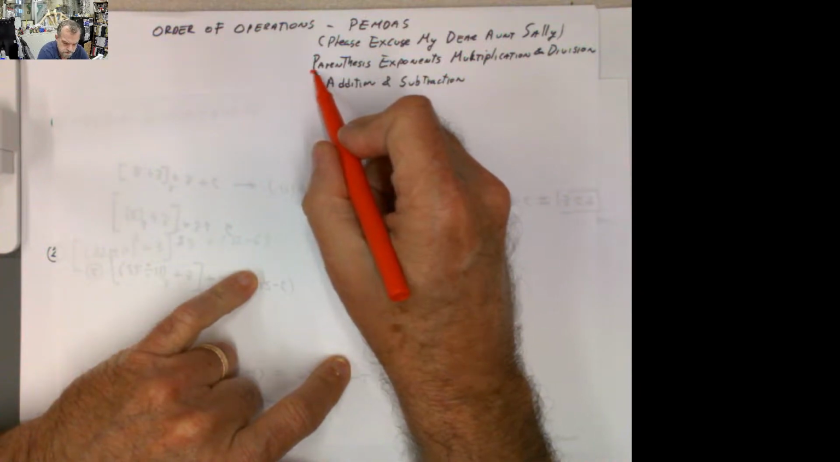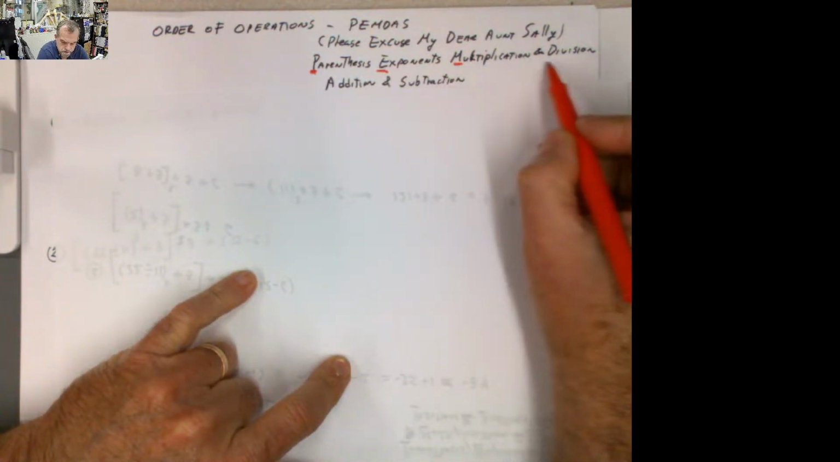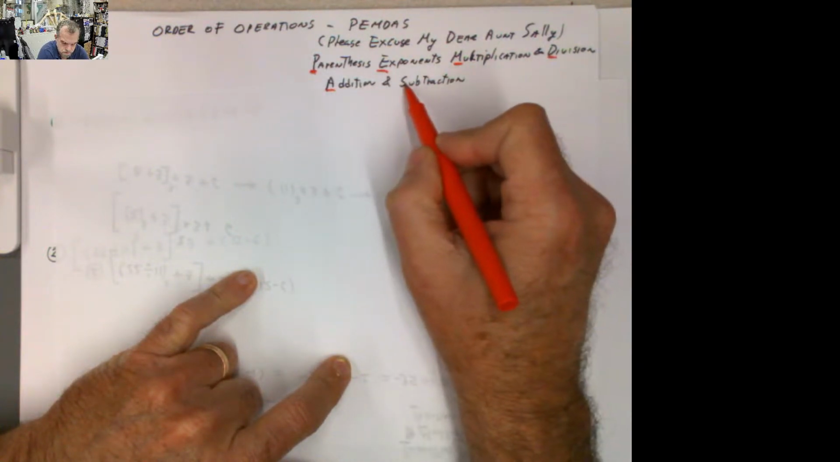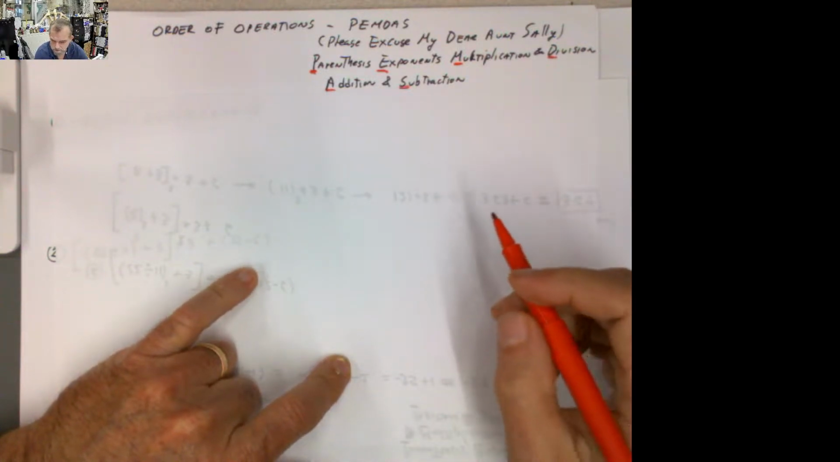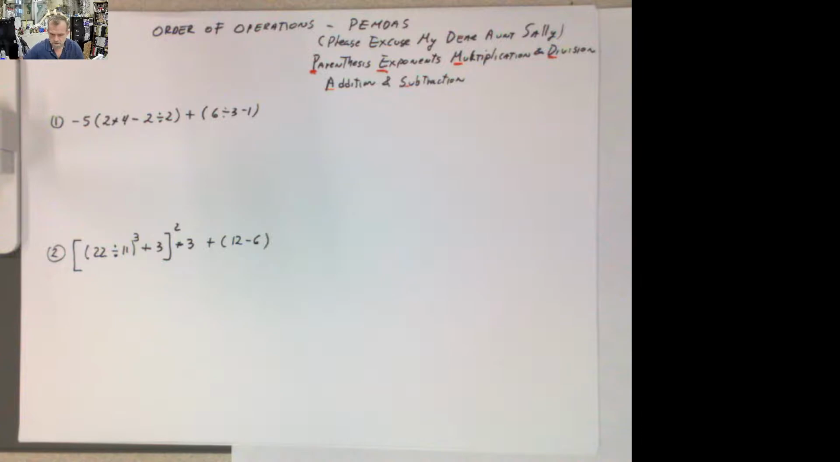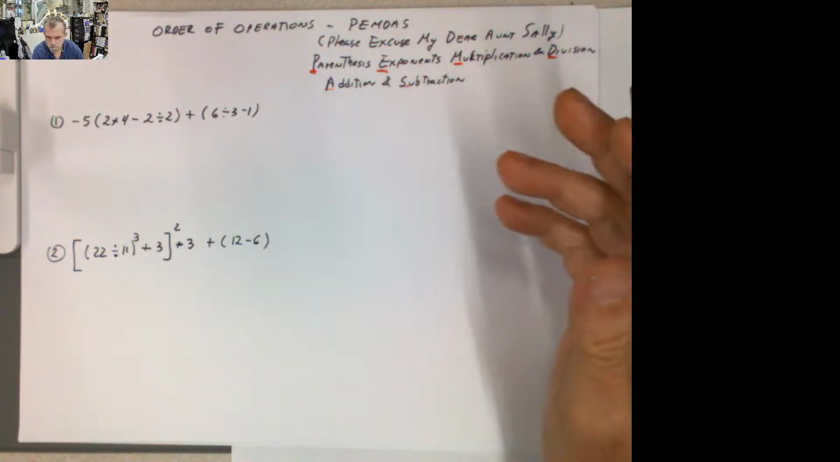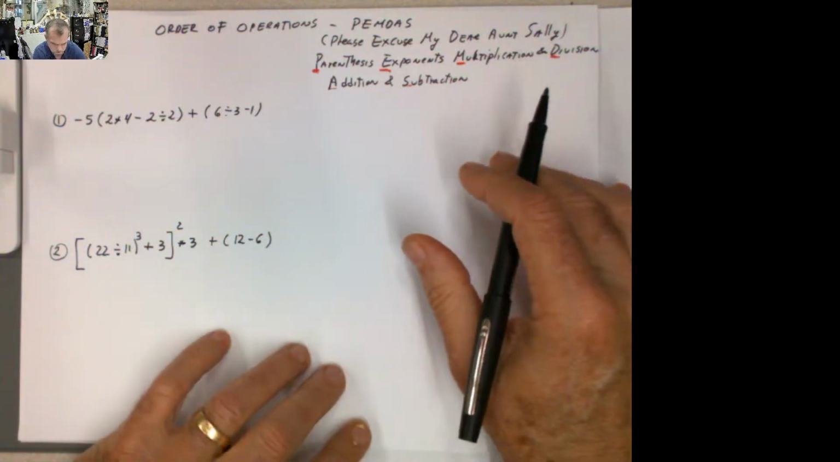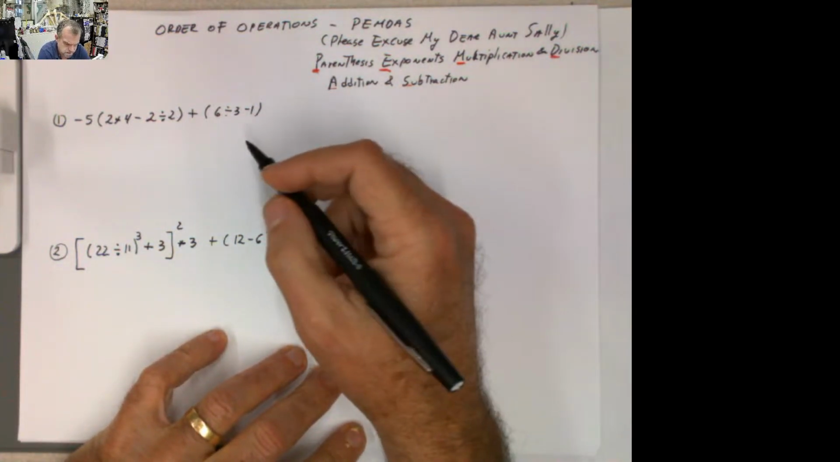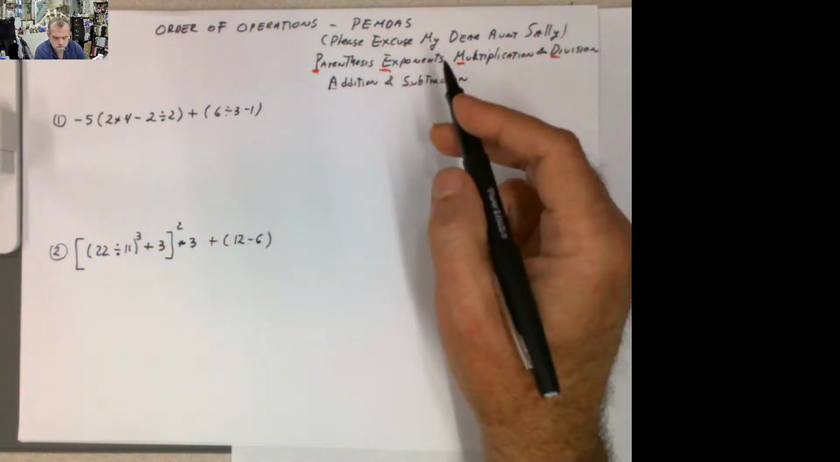So PEMDAS means parentheses, exponents, multiplication and division, addition and subtraction, and this is from left to right. This is the way that you should do your operations. I have two simple examples here just to review it. You should know this because it is previous knowledge that you got in different courses before, in beginning algebra, for example. So if you apply PEMDAS,